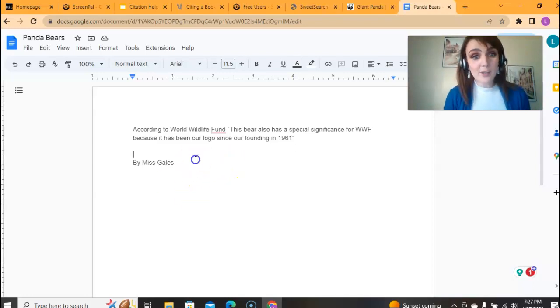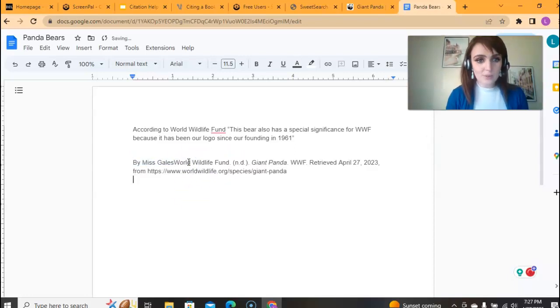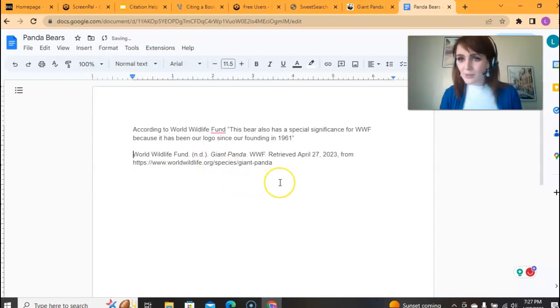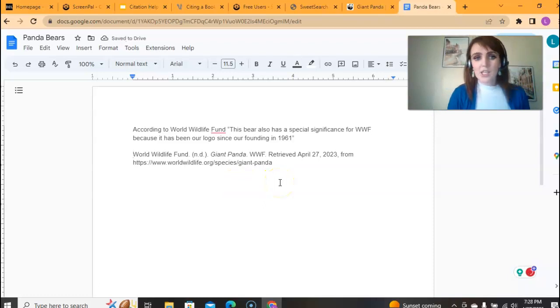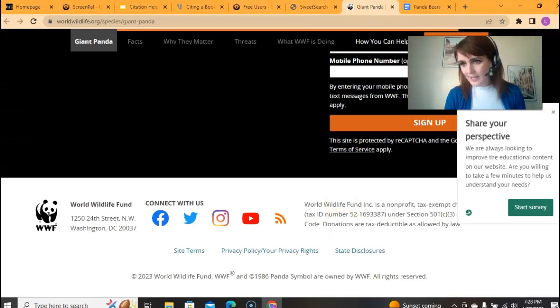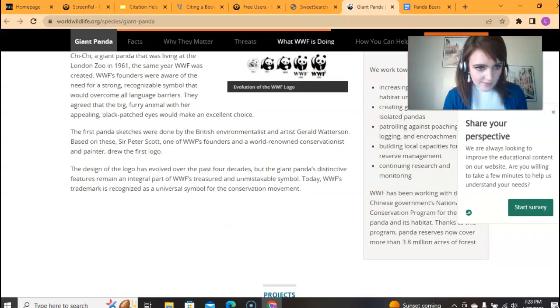Now, the important thing you have to do, remember, is you want to make sure that as you collect your research, as you find links that you like, I suggest, and I've personally done this before, create a blank Google Doc. And then, okay, so I know that this is going to be all panda bears. So I'm going to find the information that I like, and so I linked this and I made sure I cited it, okay? And I might also go here and say, okay, well, I also really like this fact here